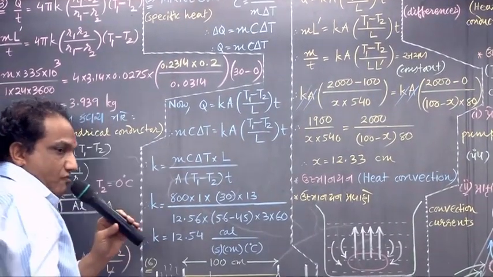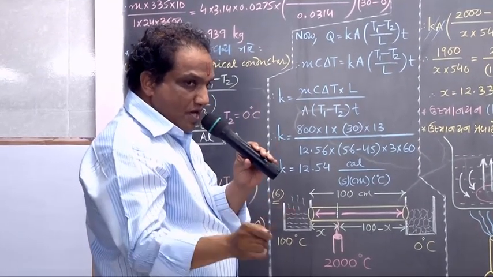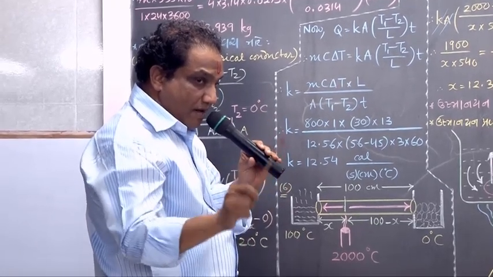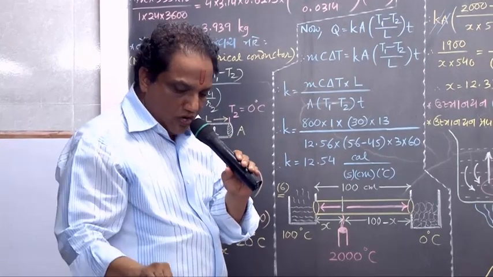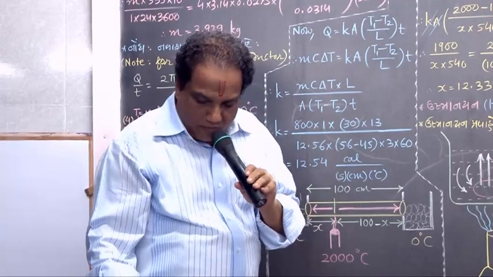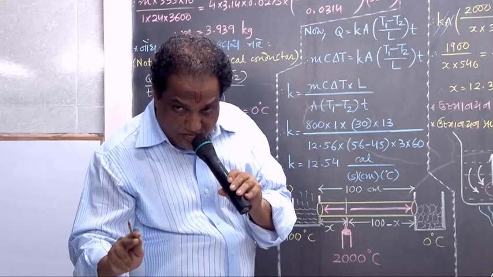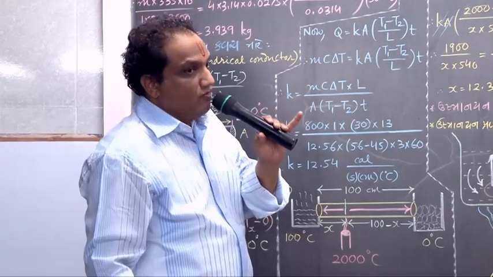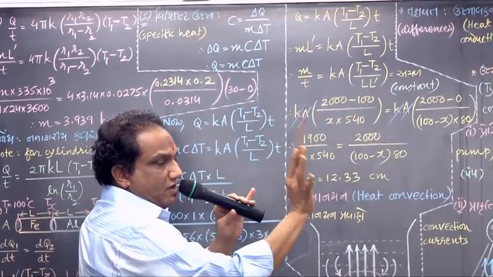What do we mean by latent heat of vaporization of water? At the boiling point of water, the amount of heat required to transform 1 gram of water completely into steam is called the latent heat of vaporization of water. By value it is 540 calorie per gram.